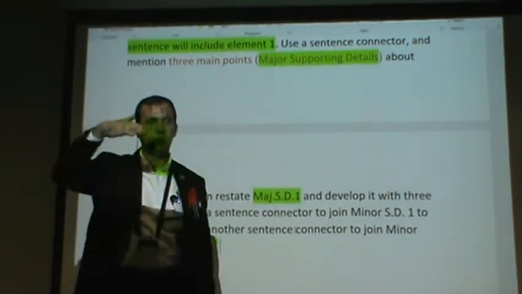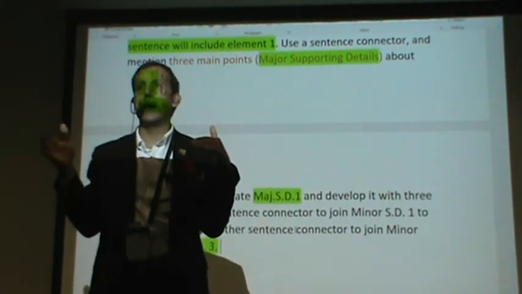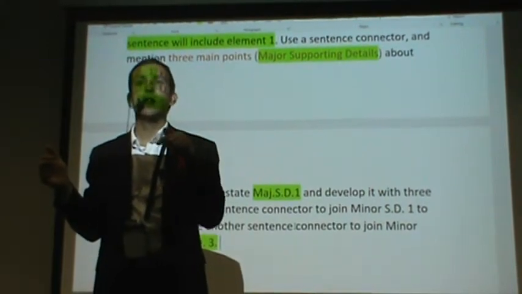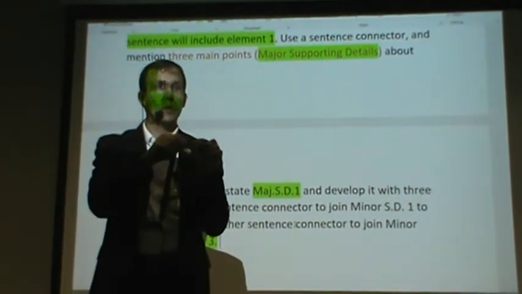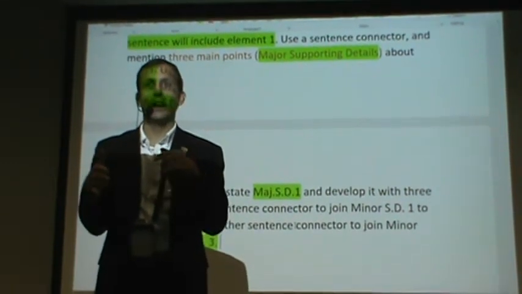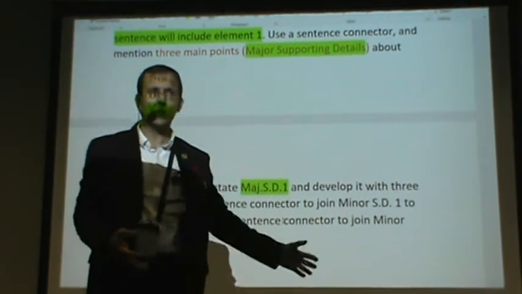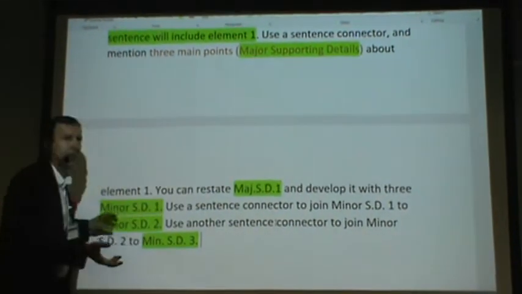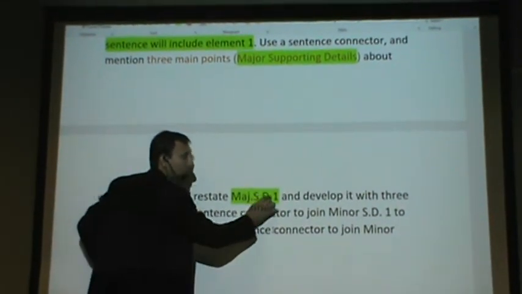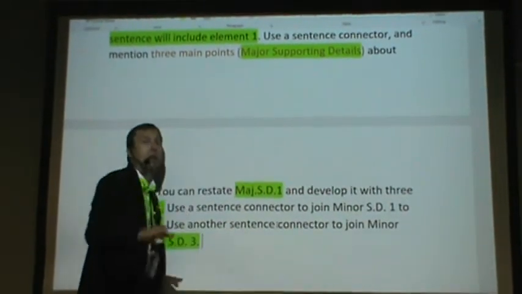When you have a table of contents, when you're using a book, and you have chapter 1, but then you have exercise 1.2.3, then 1 is the chapter, point 2 is section 2, and then point 3 is the exercise. It's very easy to find. This is what I like to do here too. So what I like to do is write major supporting detail, okay, and then write a big 1, which is element 1, and then point 1, meaning that this is a major supporting detail, or,